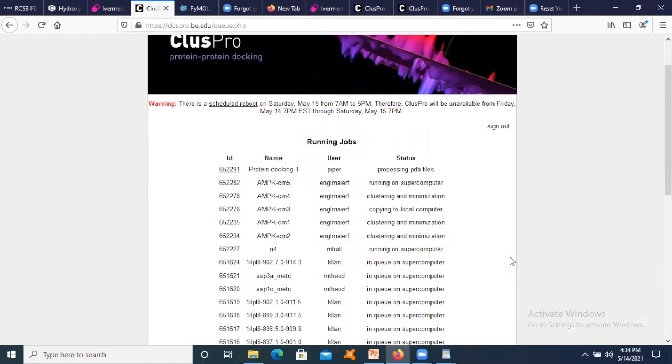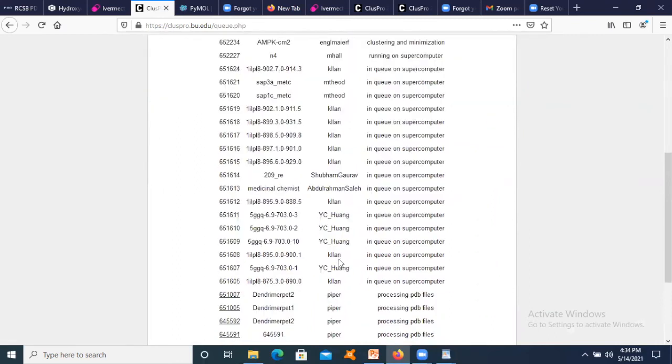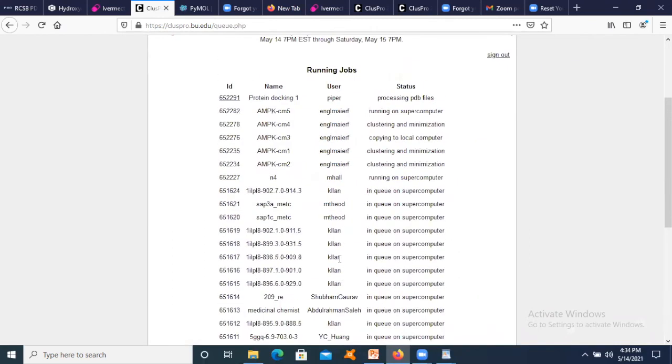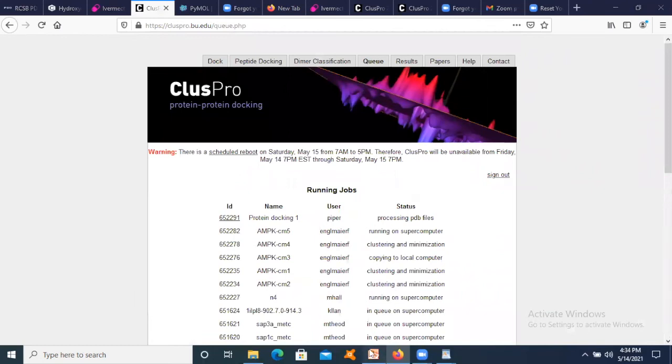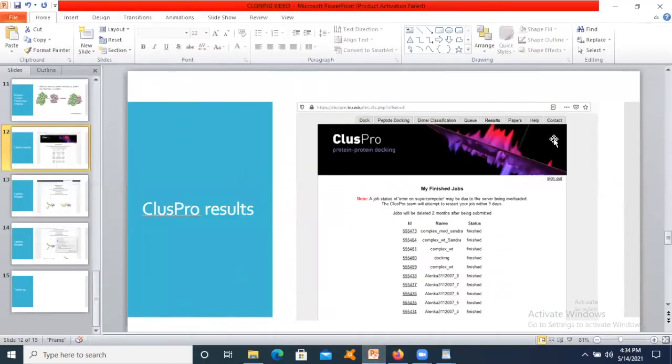Okay, so we can see here that it is going on currently. Let me just show what the result looks like, because that is going to take some time. Once it finishes, the page looks like this, my finished jobs, and the status shows finished. We have all the names and the ID.